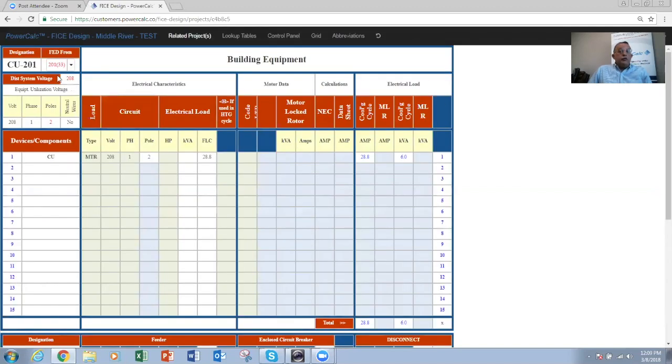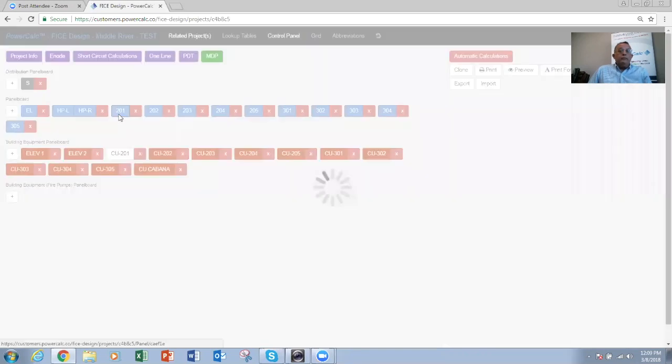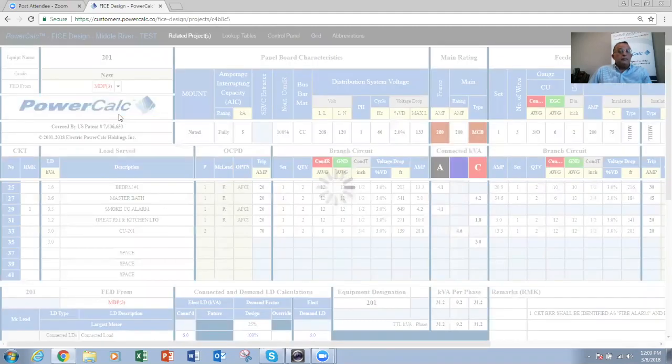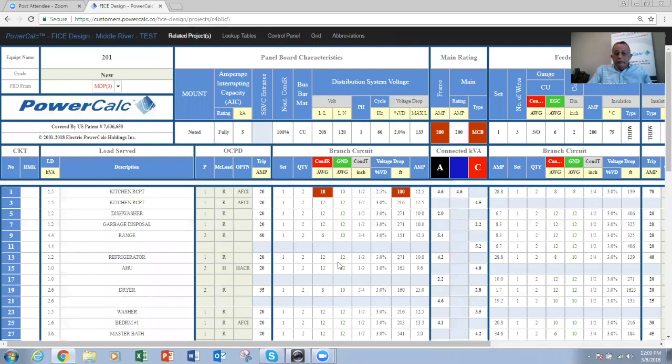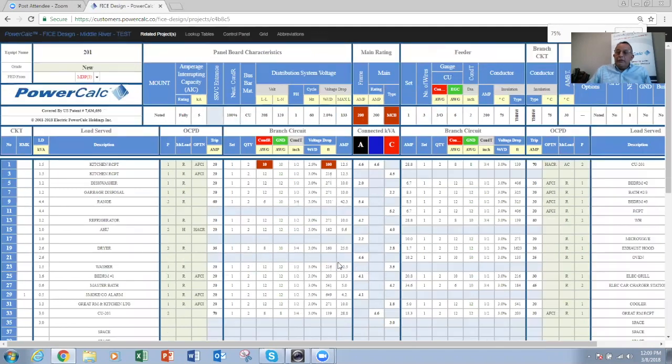Now, if I go back to this panel 201, there's two ways to do that. Either I click on fed from, or I can go back to the control panel and click on panel 201. And it will get me to that panel. It's going to open it up in a second. And if we zoom back in and go to circuit 33,